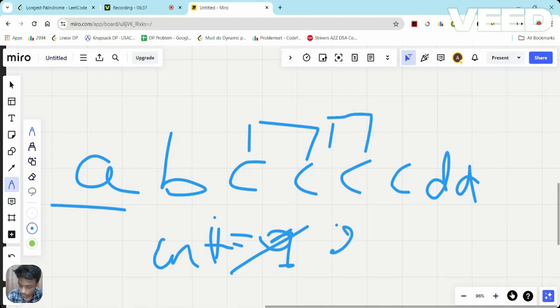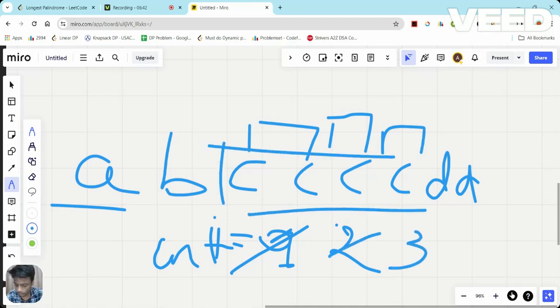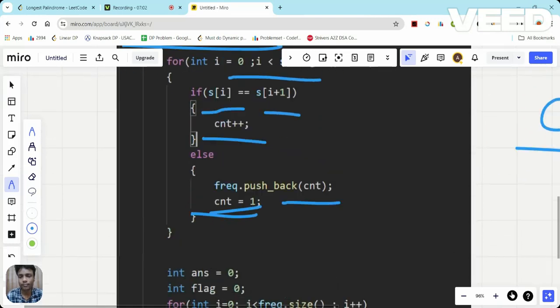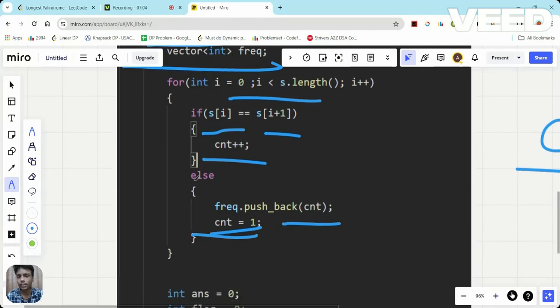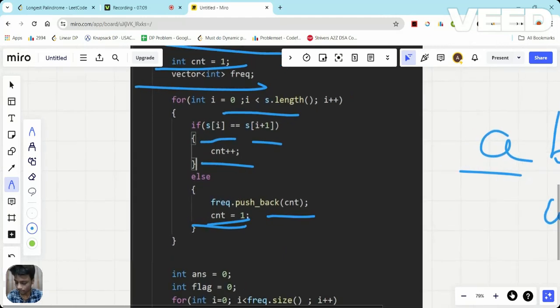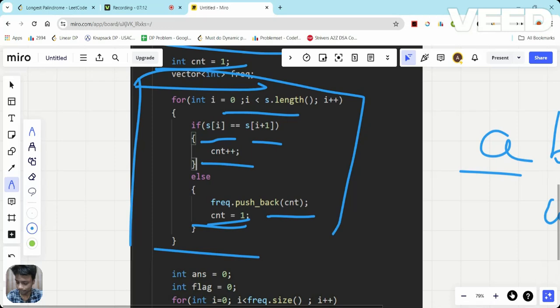Both are equal. It comes out to be 2. Both are equal. It comes out to be 3. But the total number of characters C are how many? 4. So I'm getting here 3. So I'm initializing it to 1 because I know the character exists. It's obviously having a minimum frequency of 1 at any cost. So that's why I'm initializing it from 1 basically. So from this, I can calculate the frequency of each character in the string. From here, I got the frequency of each character.